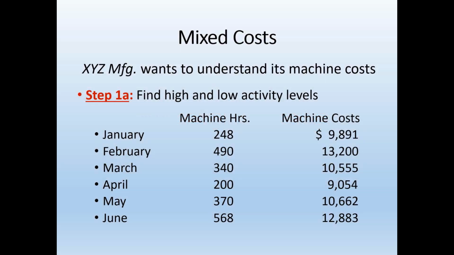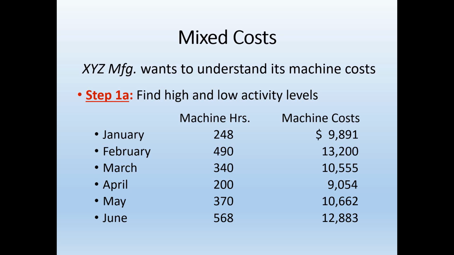There are several ways to understand mixed costs. One way is to use regression analysis, but that requires a computer and some statistical software. A much easier way that's pretty good for approximating costs is the high-low method,